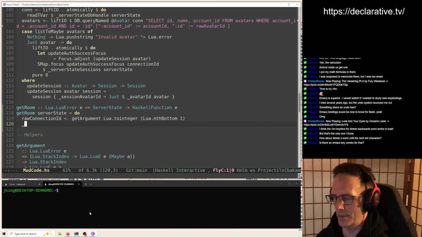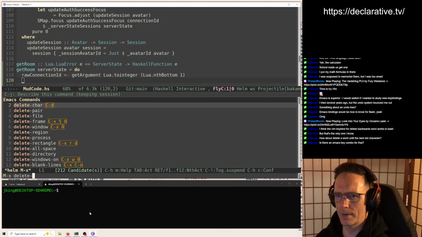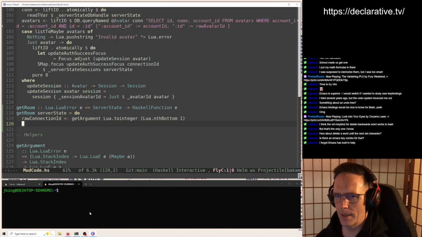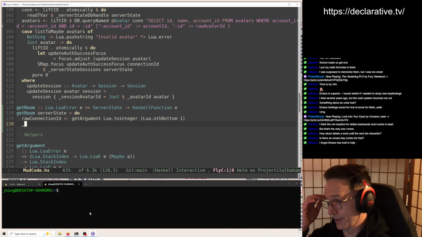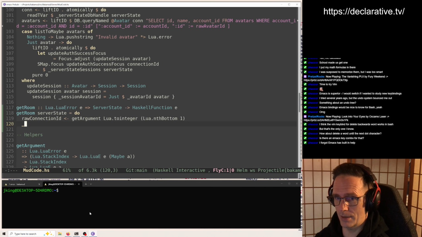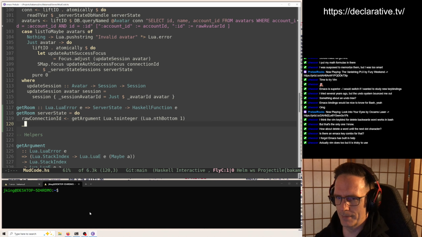You can implement it easily, though, if it didn't exist, and keybind it. Yeah, I don't know. Now you got me curious. I'm going to look it up. It does. I think Vim does too, if I'm not mistaken, but Emacs's is better. Yeah.